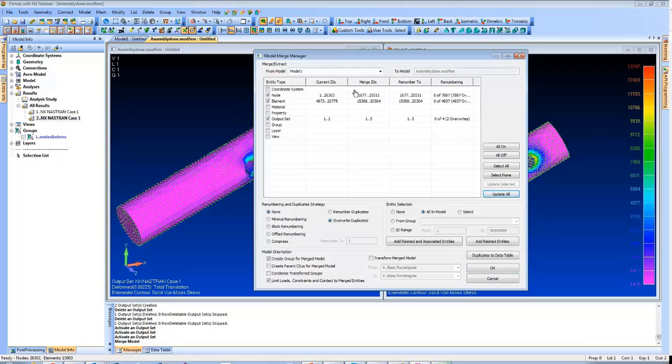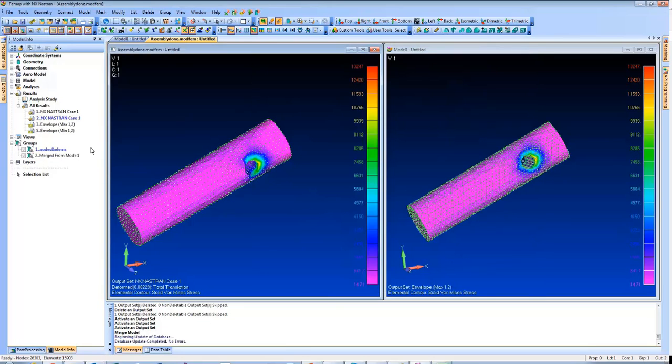So we can see that we're going to renumber to exactly what the merge IDs are, and we're going to overwrite the duplicates, with zero renumbering of these IDs. For the output set specifically, we're going to say ID range from 3 to 5. We can leave this as, I don't know what this is, nine billion something high, and we're just going to update that selected. So we see that it renumbers to 3, 5. That way it won't overwrite the 1 and 2 that we have. So when we read that back in, now we can see our envelopes have come in that match